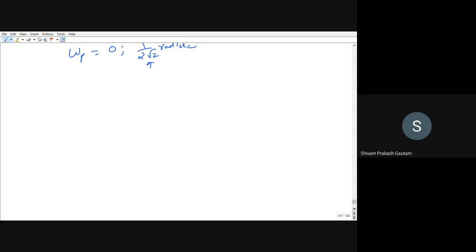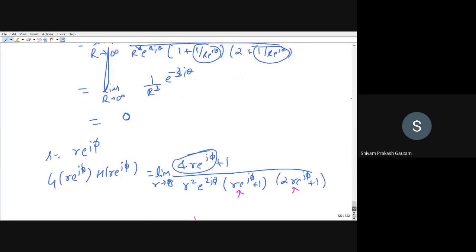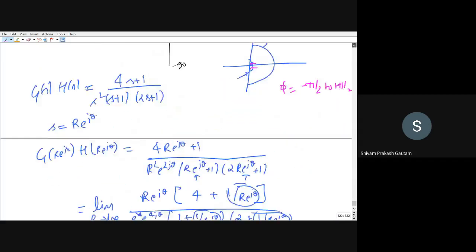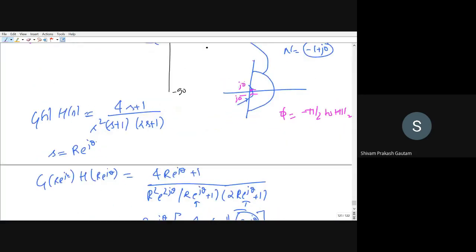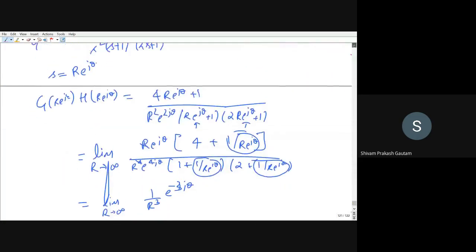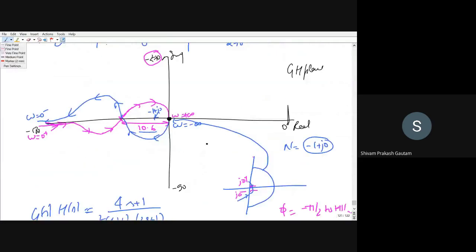That is, the orientation is from plus 180 degree to minus 180 degree, and it will go from j0 minus to j0 plus. You can see in the Nyquist contour as well, it is going from j0 minus to j0 plus. j0 minus is this point in Nyquist contour. If you look closely, j0 minus is this point, and 0 plus frequency is this.